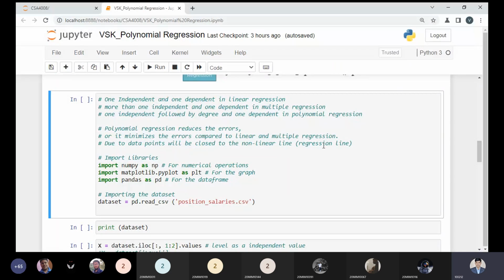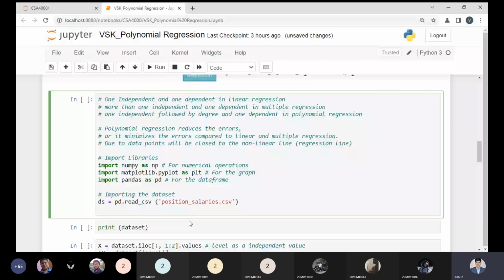Unlike linear and multiple linear regression, we have to import some libraries for this code. I'm using a data set which contains polynomial nature based data. So I'm importing the NumPy library, the Matplotlib library, and the Pandas library. First I'm importing the data set, and I'm giving it the name DS. I'm making some amendments in front of you to show my proof properly. Position_Salary.csv is the name of the data set.